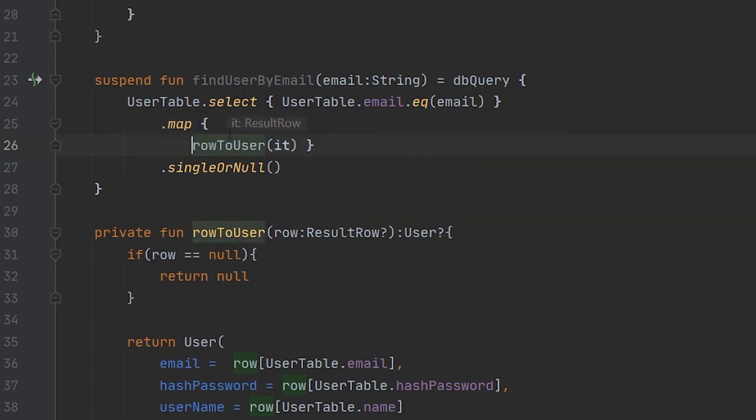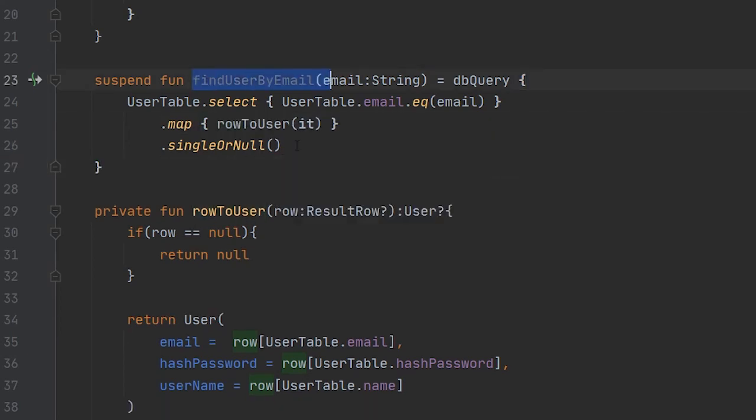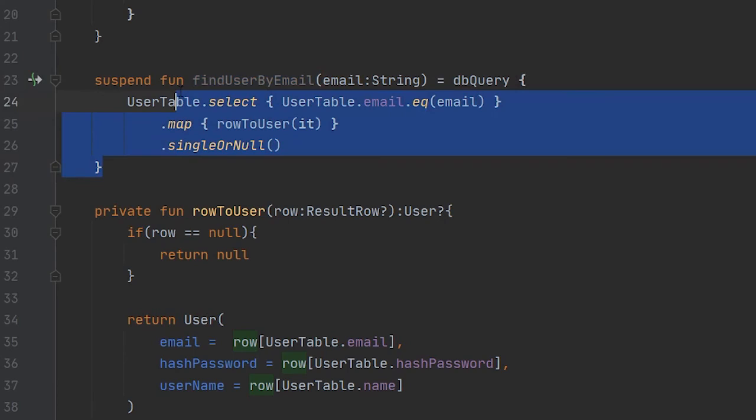You can see here that this map function is providing us a variable whose default name is it and of type ResultRow, and we just have to pass this variable, which is our particular row, to the rowToUser function. And now that's all in this find function. This will find our user with that particular email id. If that user exists, then it will provide us a user, and if the user with that particular email id does not exist, then it will provide us a null.